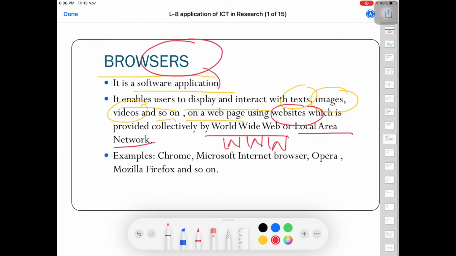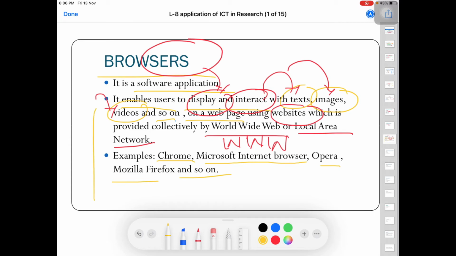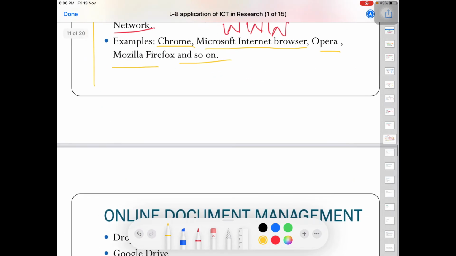So browser is basically a software application that helps to display and interact with all these text, images, videos, video games, and lots of things. Examples of browsers are Chrome, Microsoft Internet Browser, Opera, Mozilla Firefox, and so on. So these are examples of browsers. Next we have